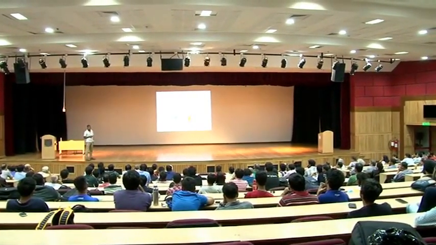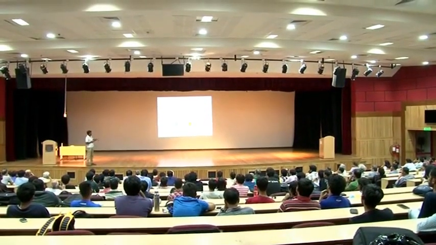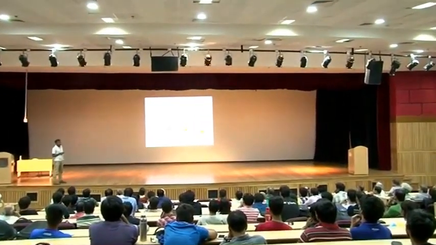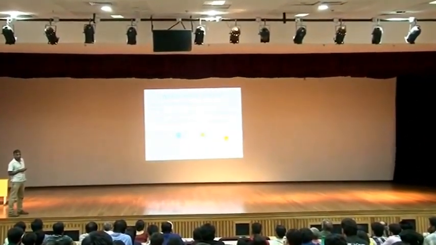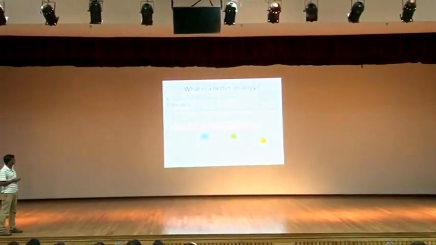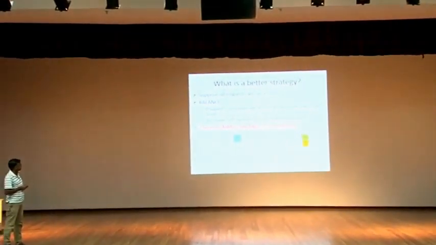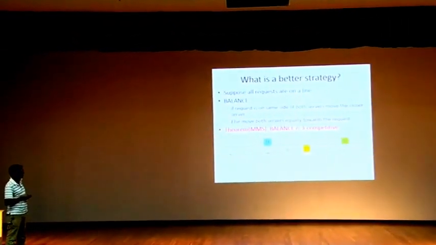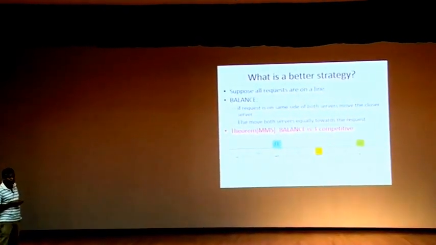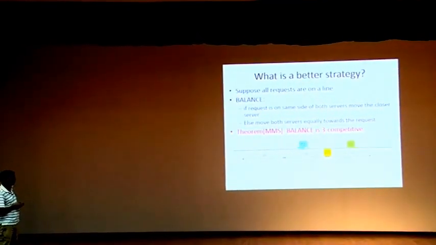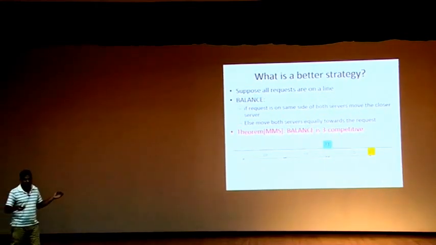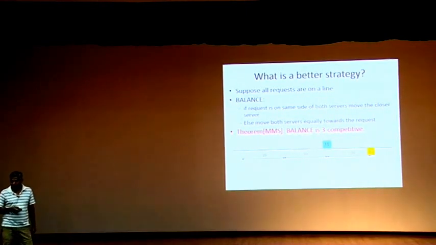Now you see what's happening. The next request comes, again 10 units to the right. Which team will move? By your rule, T2. Next request is again going to come in the middle. Which team would move? Both teams would move now and will come at that point. Now once again the request is going to come to the right. Actually both the teams are equidistant now, so I can move any one team. So let's say I decide to move the green team.